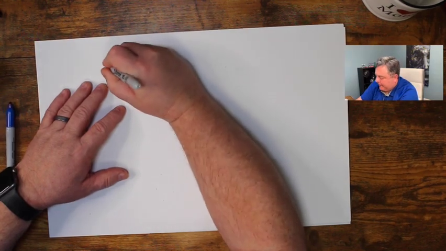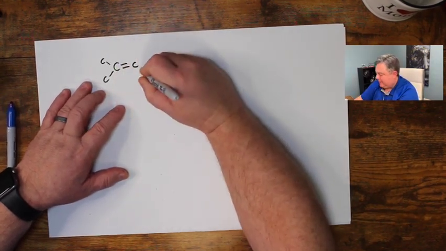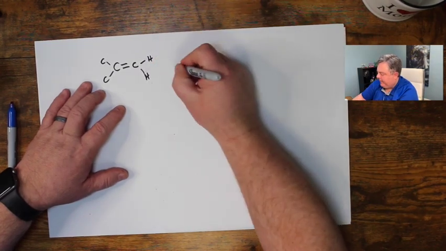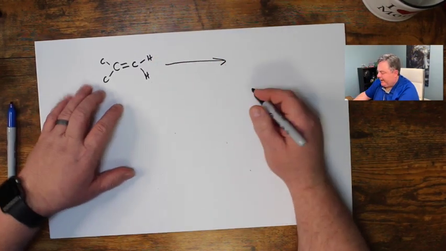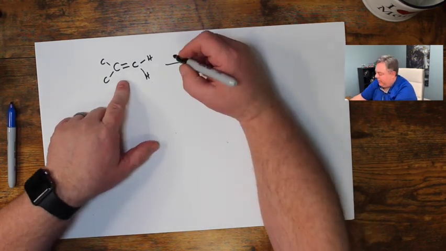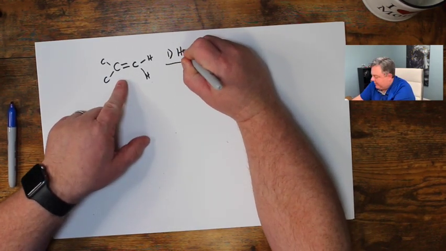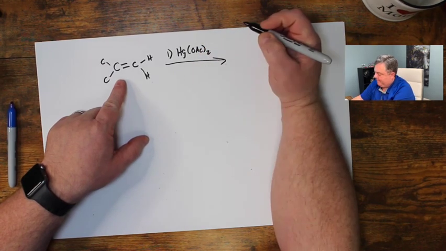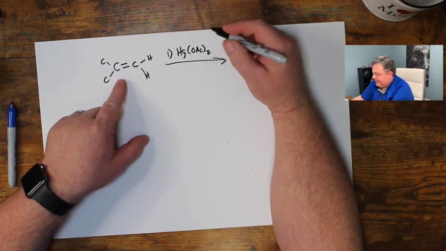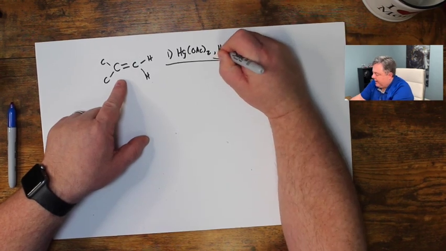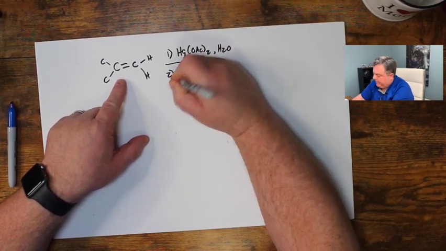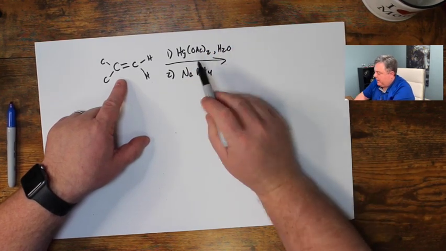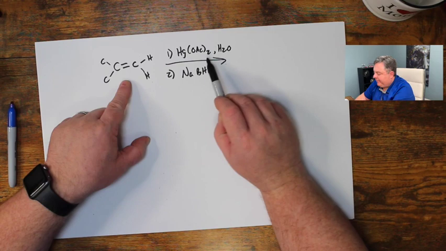We can take an alkene and let's make this alkene lopsided. There's more carbons on one side than the other side. And if we go back and remember all of our alkene reactions, there's one that looks like this. It has mercury in it. Mercuric acetate. Mercury with two acetates on it. Mercuric acetate. And if this is run in water, followed by sodium borohydride, you might remember that this makes a